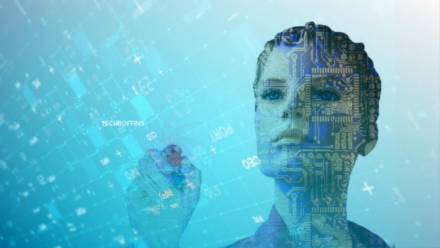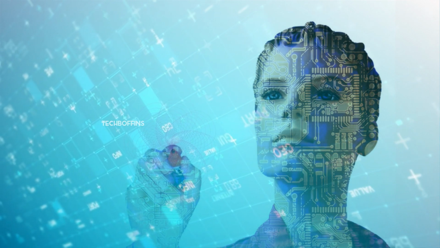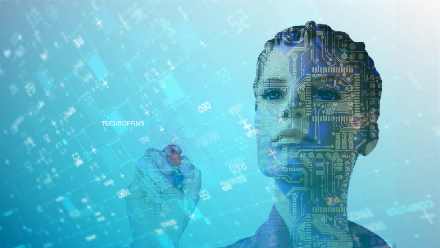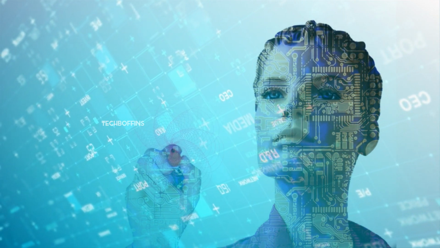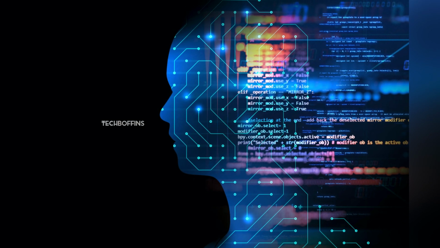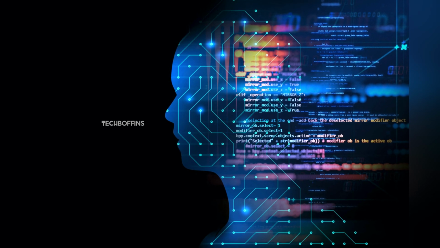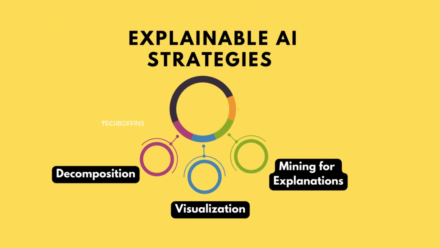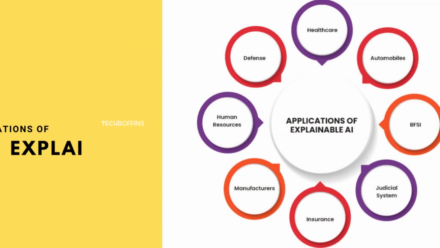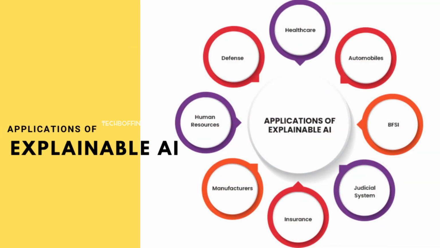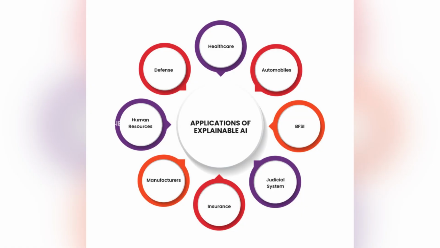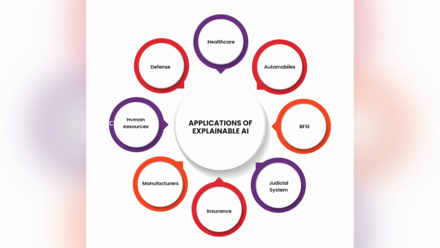Explainable AI systems may be constructed using a variety of strategies that focus on reasoning via the explanation of data or prediction through the explanation of decisions made by an artificial intelligence algorithm. Among the most prevalent explainability strategies are decomposition, visualization, and mining for explanations. Applications of explainable AI: where robots create or play a prominent part in lending choices and other financial services,